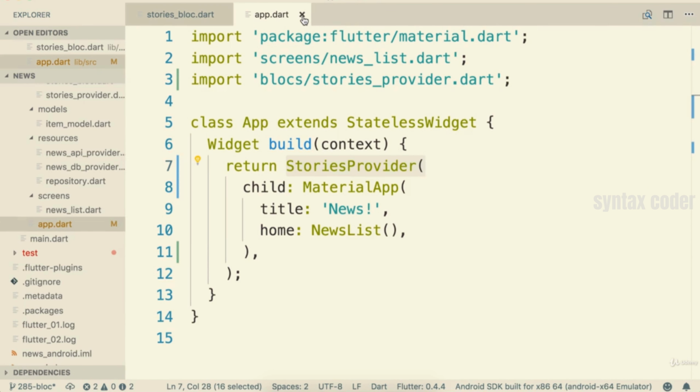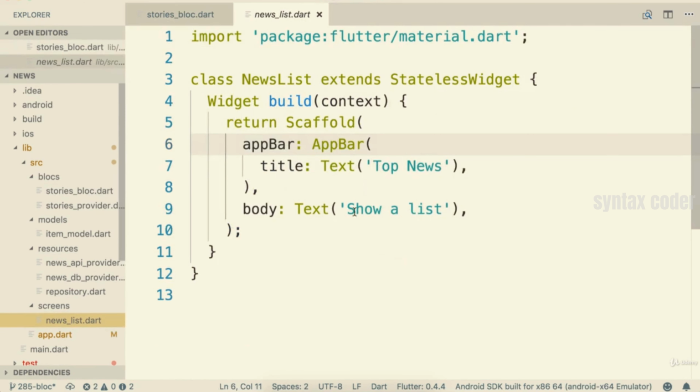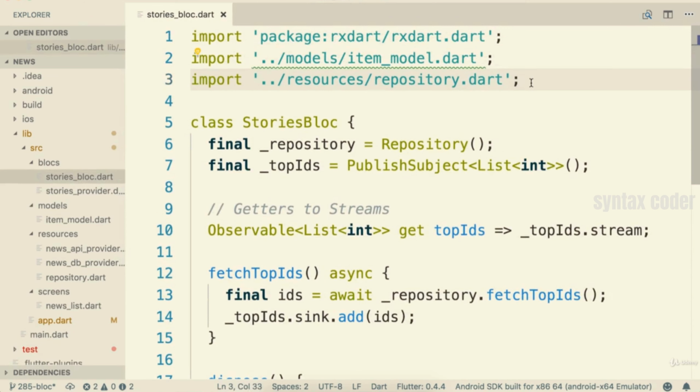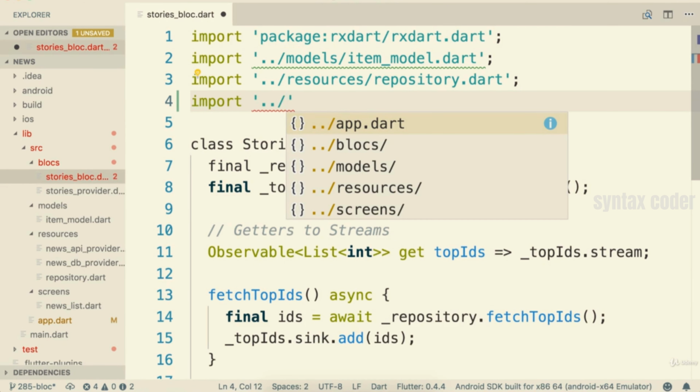Okay, so we're all done with the app.dart file, so I'm going to close that. And then I will open up the newslist.dart file. Inside of newsList, we're going to need to get access to that stories provider again so that we can call that of function on it right here. Remember, this of function is how we get access to our block at any location inside the widget hierarchy. So to get access to that thing, I'll open up the stories block file, and then I'm going to import up one directory,